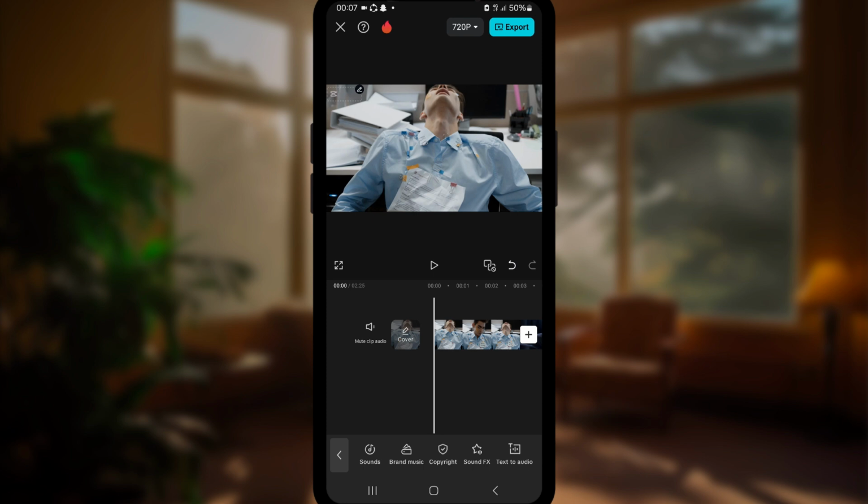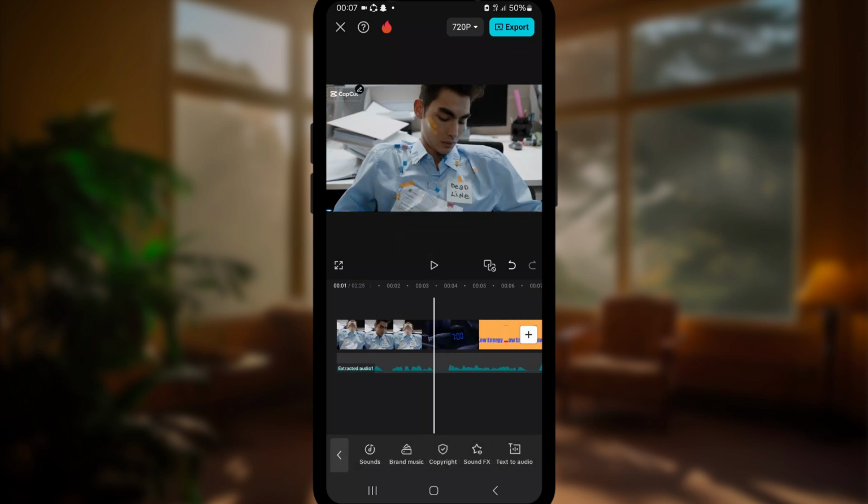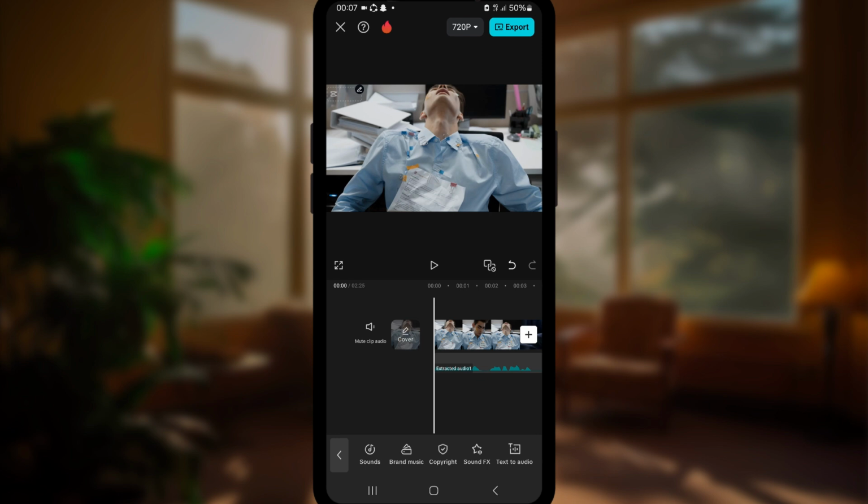So the first step is that you're going to click onto your video. Once you click on the video, swipe till you find the extract audio option. Once you find it, click on it. Once you click on it, it's going to extract your audio out of your video, and if I play this